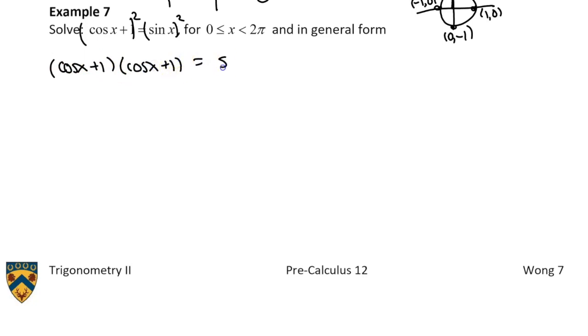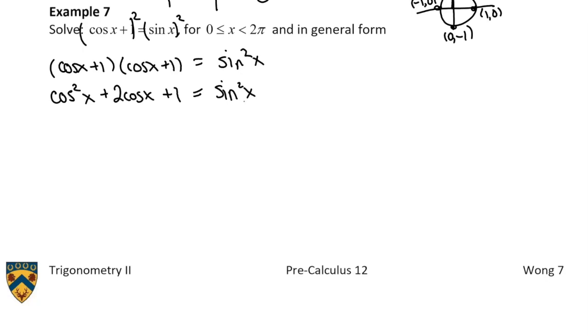And then on the right side, we would have sine squared x. And if you expand the left side, that looks pretty good. And if we're trying to think of some things that we could potentially do to clean this up,